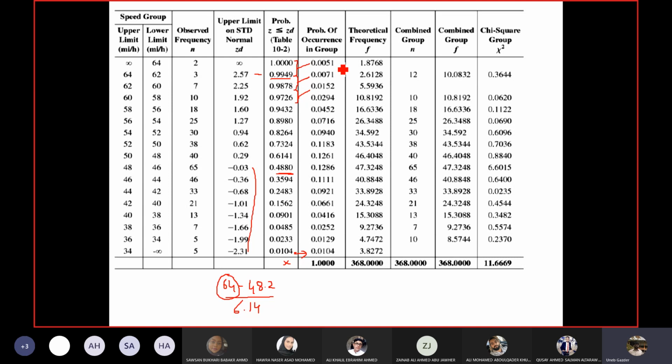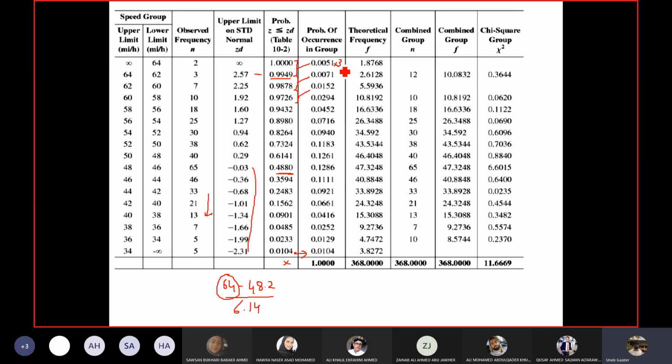Then you take the probability of each group and multiply it with the total number of values. We already know it from the field. You can see they are doing it here just to check the summation, that is, the summation is 368. But actually, the total number of values comes from the capital N. Total N was 368. We calculated the mean and standard deviation using N values, right? So 368. So 0.051